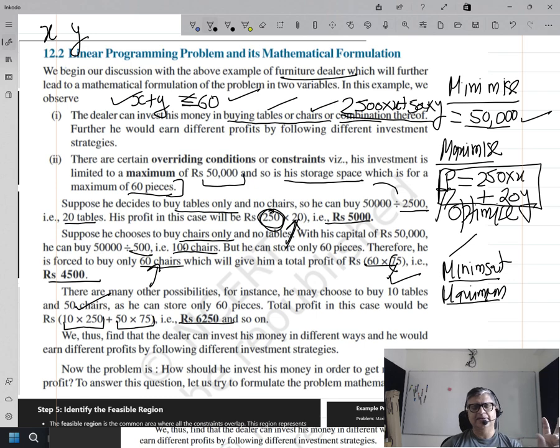One is a constraint, the money constraint, the storage space constraint. The second is the objective function that needs optimization. The profit needs optimization. Loss needs minimization. So you will see as you read the question, once you get comfortable with the terminology, you would know that I have certain resources with me, money, space. I want to use all of them in a way that I'm able to make more money, reduce losses, etc. You will see depending on the type of question it is.